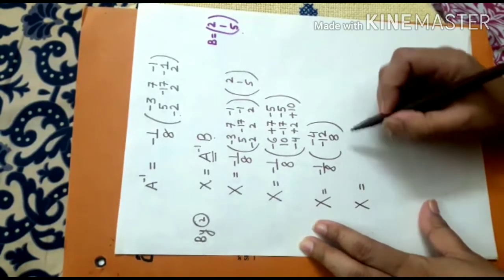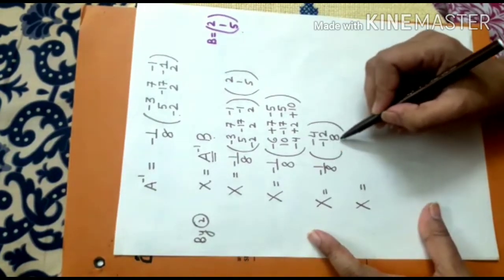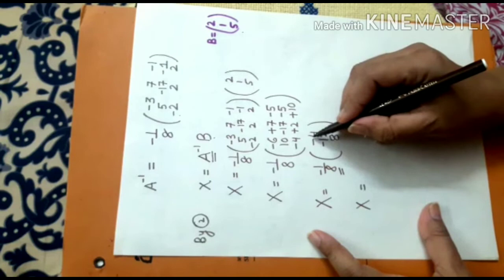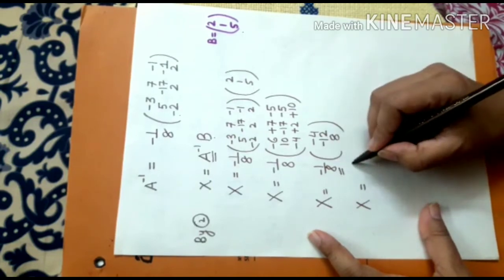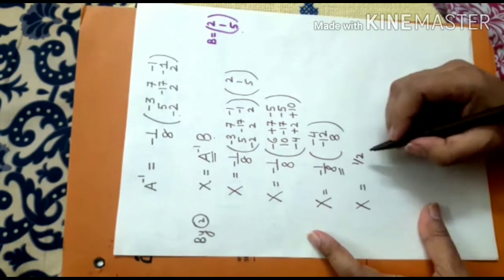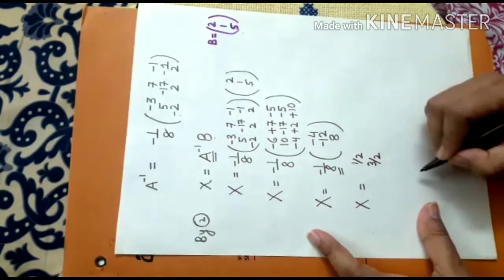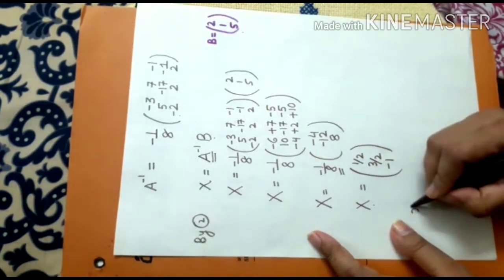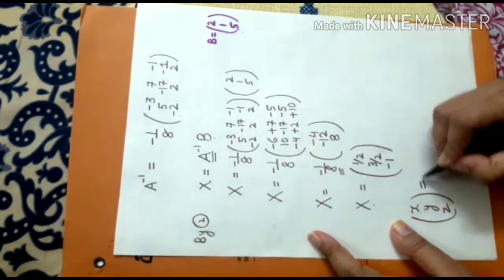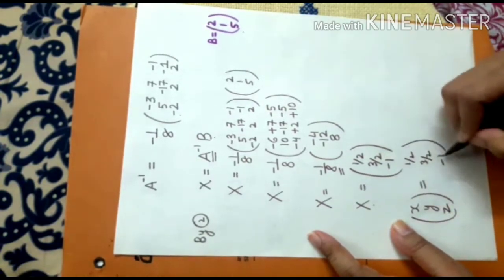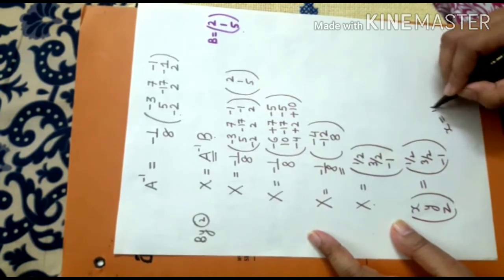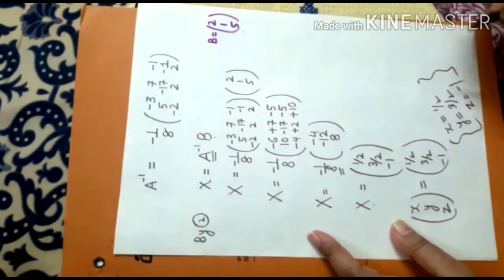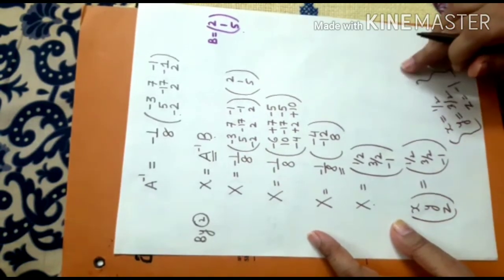So X will be equal to, yes, each element of this matrix will be multiplied by this scalar. So I'll get minus 4 over minus 8. So I'll be getting 1 by 2, and this will be equal to 3 by 2, and this is minus 1. Now matrix X was this matrix. So on comparison, it will give you x 1 by 2, y 3 by 2, and z minus 1. So this is the solution of the system of equation.